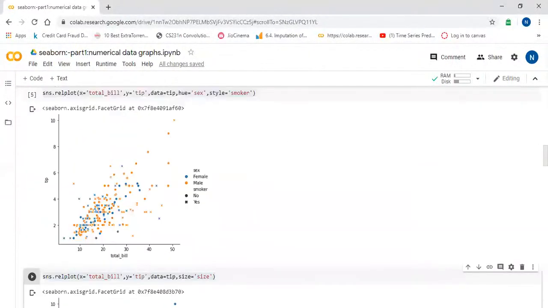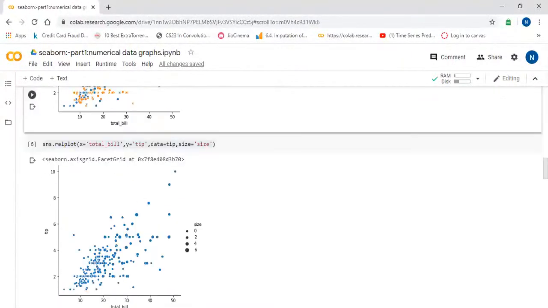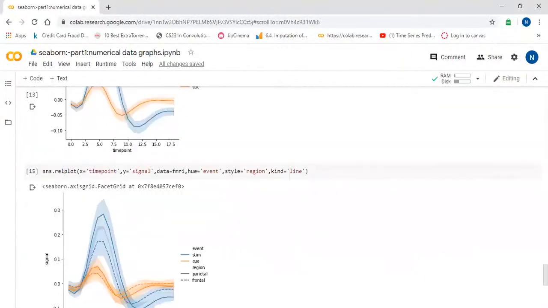I will not use size right now. I will just go with the hue, and I will show the smoker as well. So I will extend this graph which we have previously created.